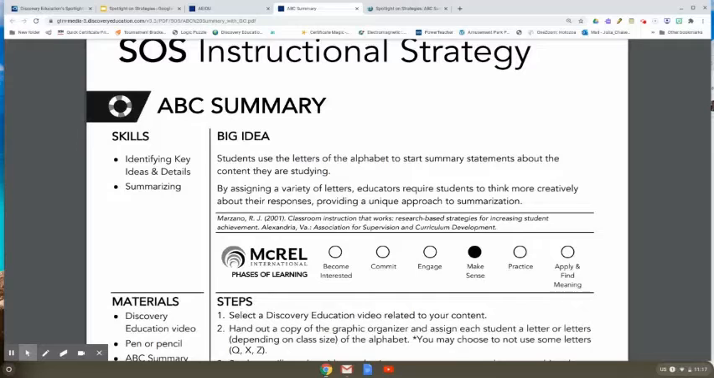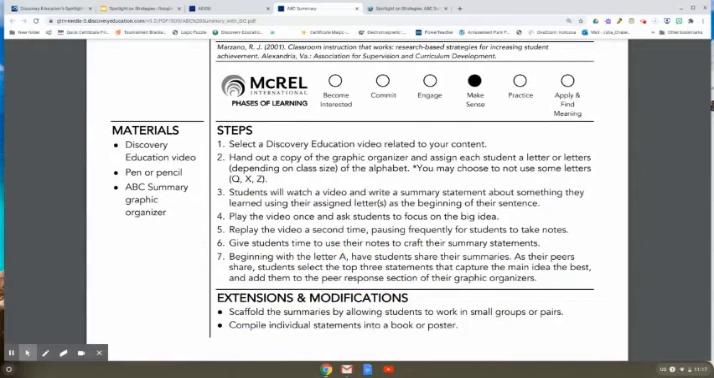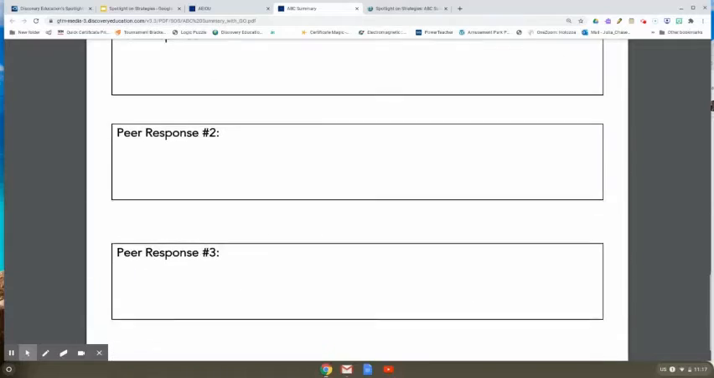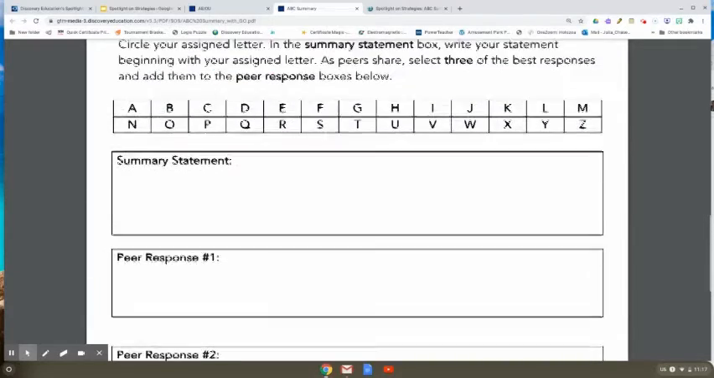They will pull these strategies from research based writers, authors, educators, philosophers that have witnessed students being successful with these strategies. So you're given step by step how to do this. And then some of these strategies come with